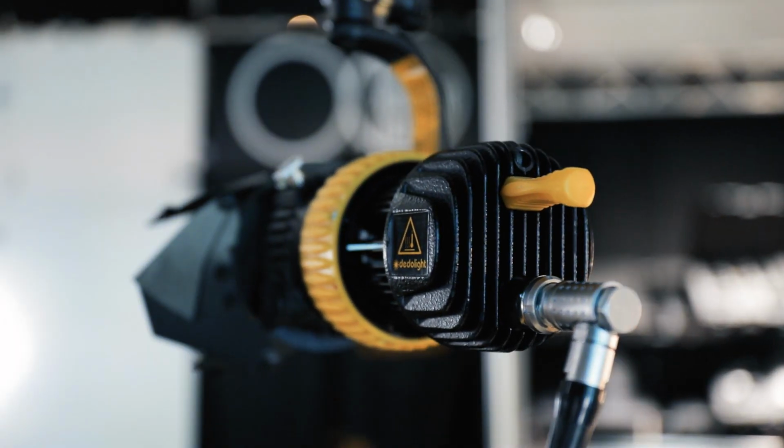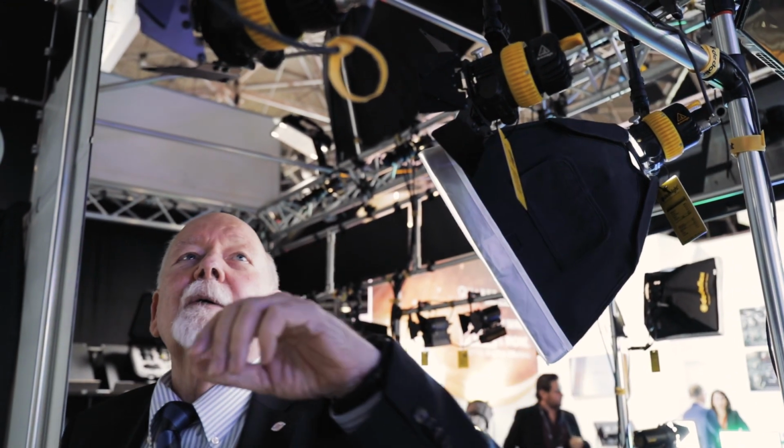Then the problem is that people look at it and they say it's a small light. It's a puppet light. I'm a serious filmmaker. I don't need little Barbie lights or puppet lights for children. I need something serious. So in order to convince you that this little puppet light has the power of a giant in it, 2 times 40-watt LED with the most perfect optics, for which we were awarded twice by the Oscar Committee of the Academy of Motion Picture Arts and Sciences and so on, we switch it on, and